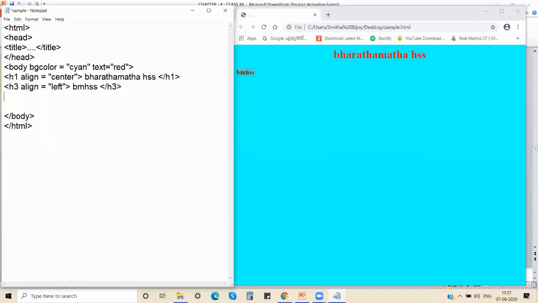The next tag we saw was your paragraph tag. So P tag is your paragraph tag. No problem whether it is a capital letter or small letter. I'll give an alignment also. Align is equal to justify, and then I'll close the angular bracket.